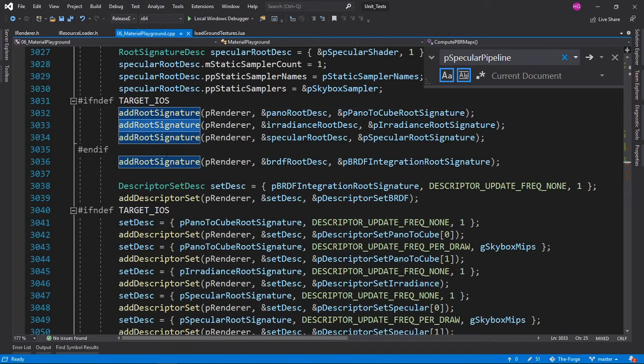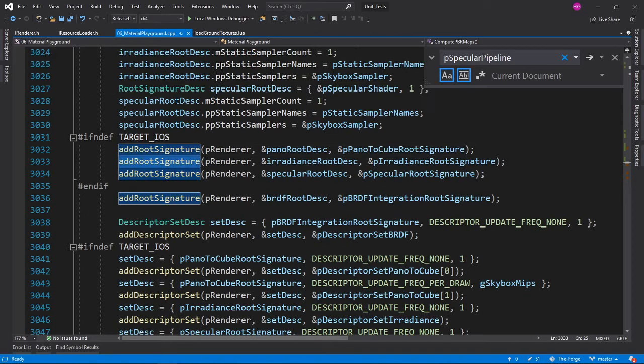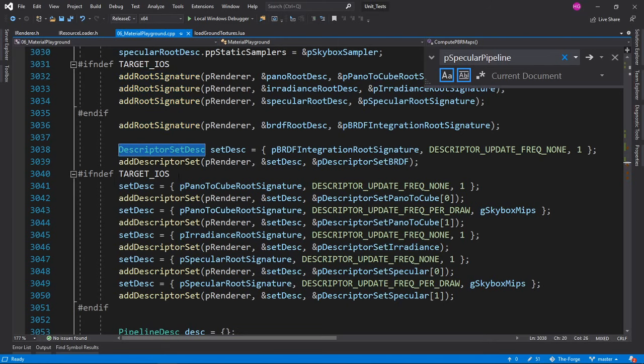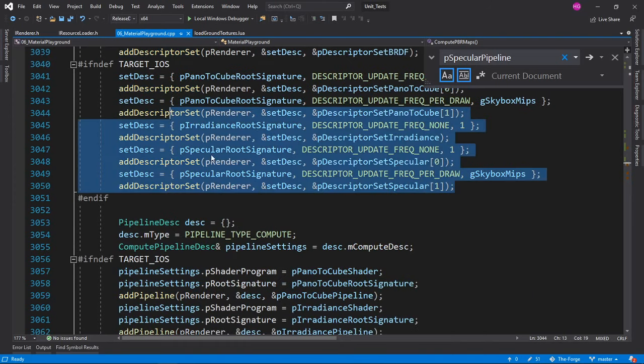So this is adding those root signatures we just described here. I don't know what any of these root signatures are or what root signatures are. I have no idea. And descriptor set descriptor. Ah, that is not a good name, is it? Maybe. I don't know what the concept is. Probably it could be a good name. And it is being set by this one, and so on and so on.